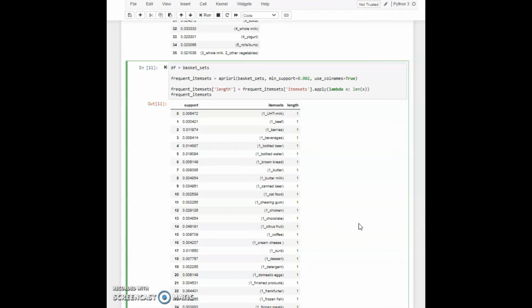Let's also add in a column here that describes the length of the combination, so that one item being sold has a length of 1 and 2 items will have a length of 2, and then we'll just print out our frequent item sets.